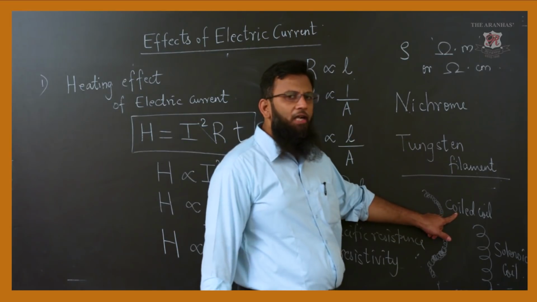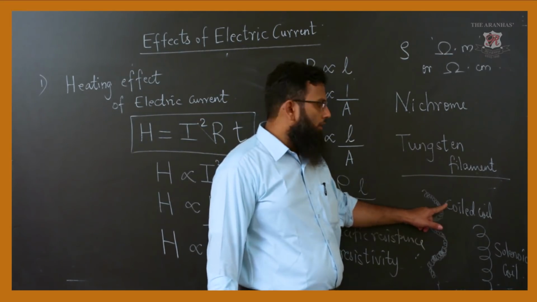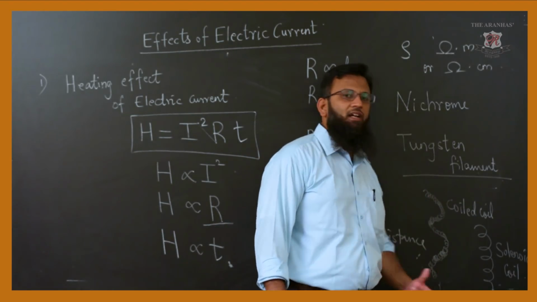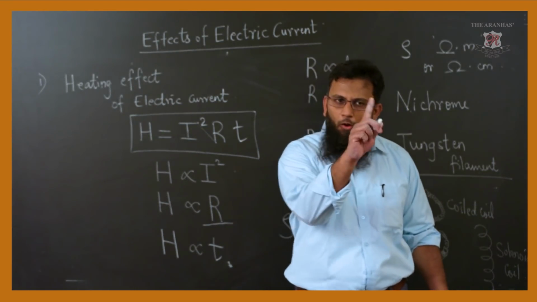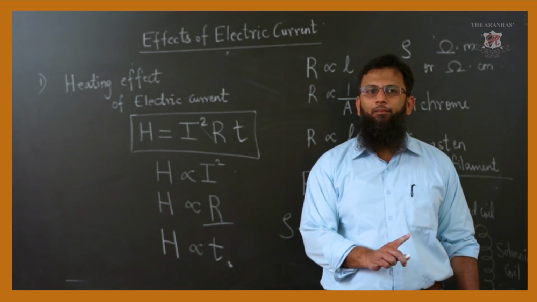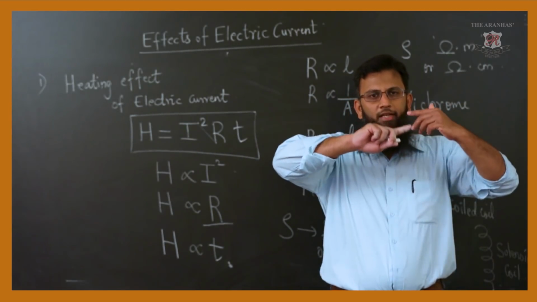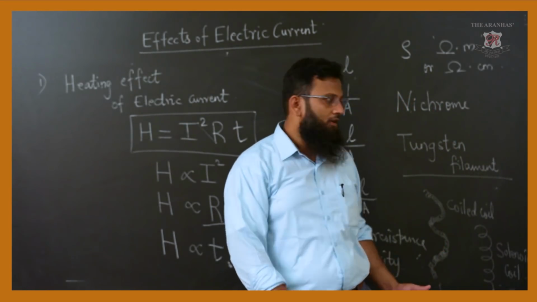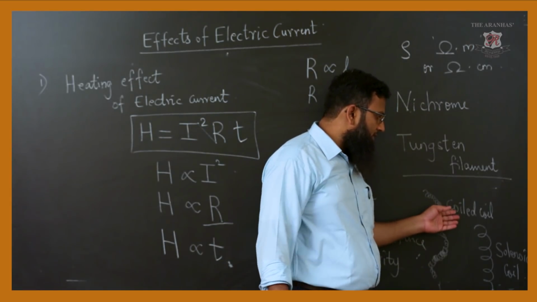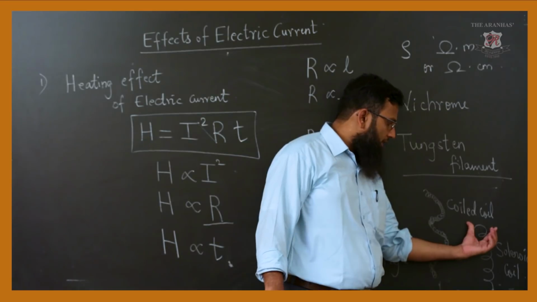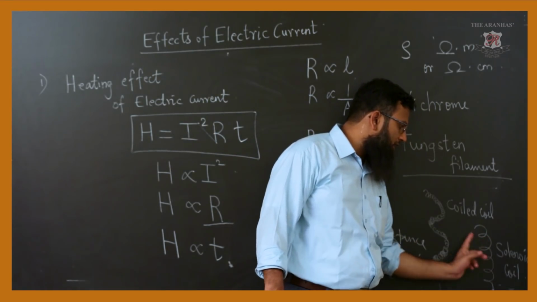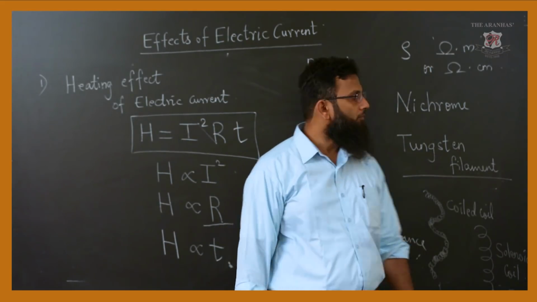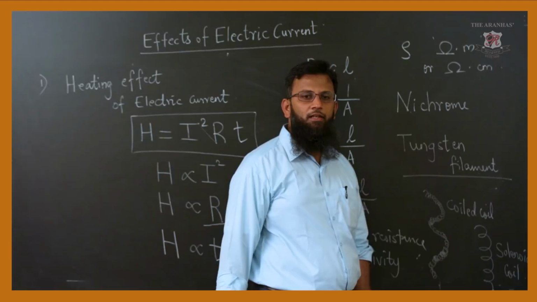Whereas in case of coiled coil, the coil is spiral about itself, but the appearance is not cylindrical. The appearance will also be in a coiled manner. One, it is coiled about its own axis, as well as the shape of the entire wire will also be coiled. So, that is why the name is given coiled coil, whereas it is cylindrical with whirls around it. That kind of case is called solenoid. I hope that this much part is clear.